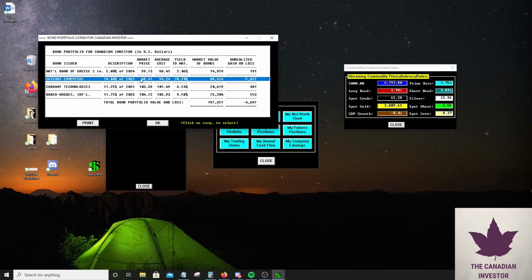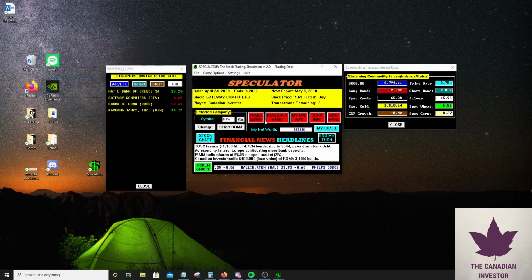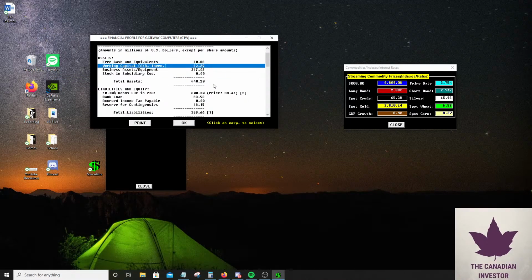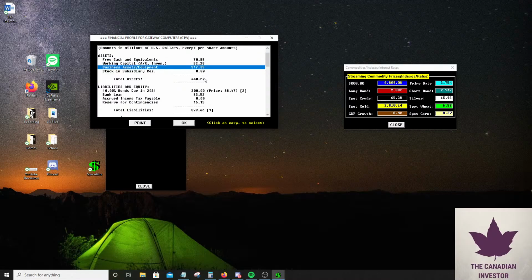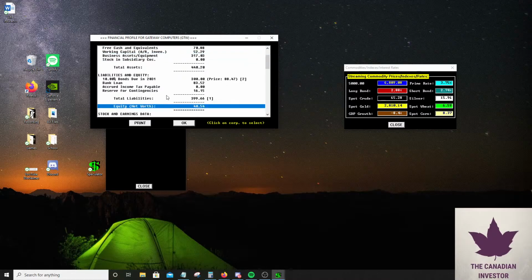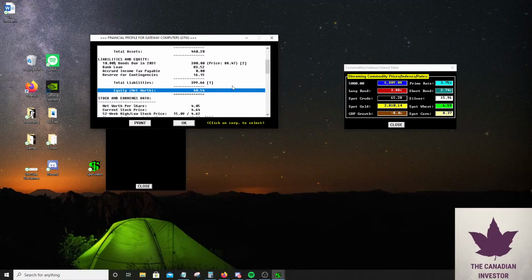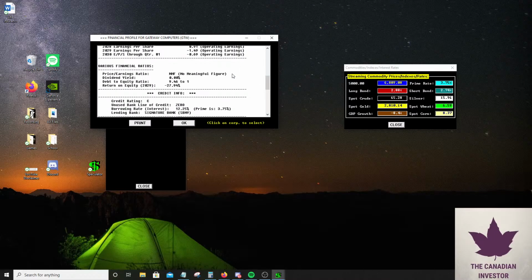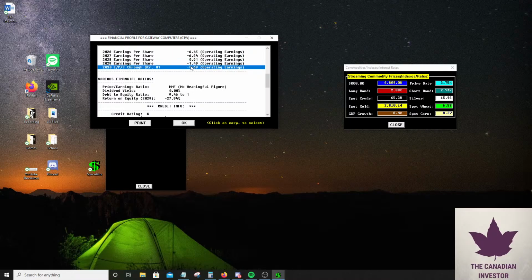So I'm going to keep this one because it's junk. Let's just do a bit of a financial review and see how well they're doing. $70 million in cash, 52 million in AR, about 300 million in assets. So they're even more insolvent than they were last time we saw them. Their equity was 72 last time. It's now 40. So they're looking a little bit more insolvent every day. So I'm betting that, yeah, they're unprofitable. The last 2 years they've been unprofitable mostly.